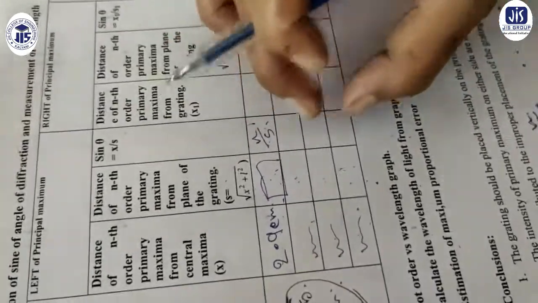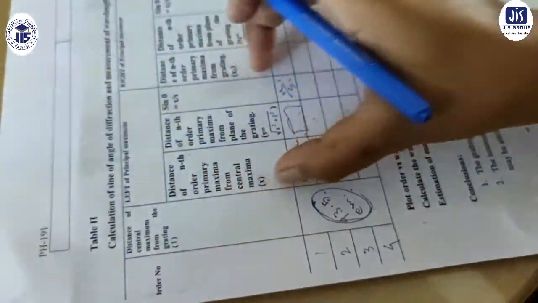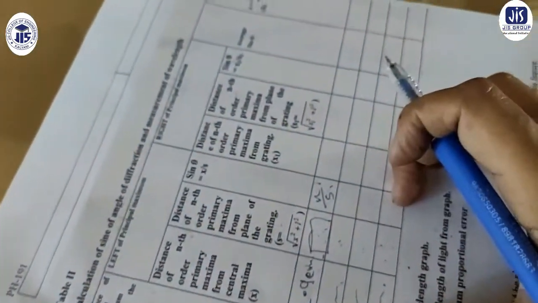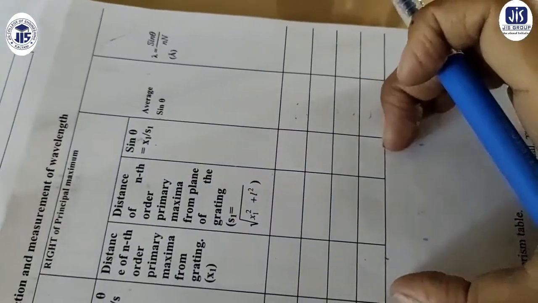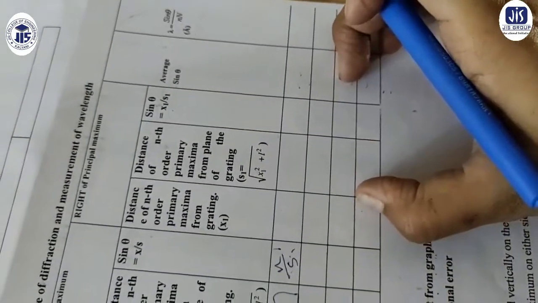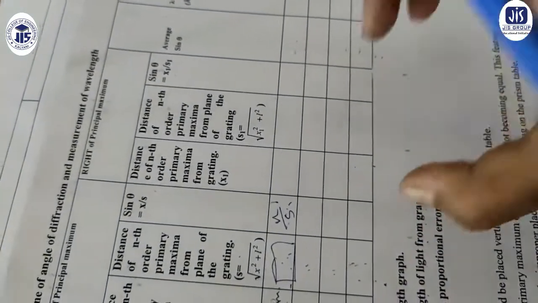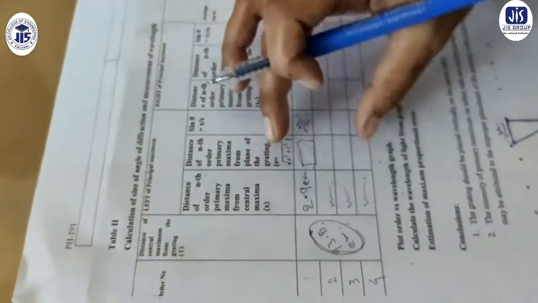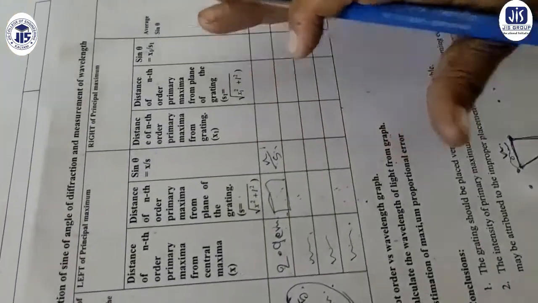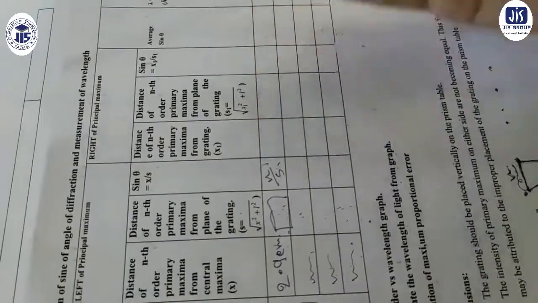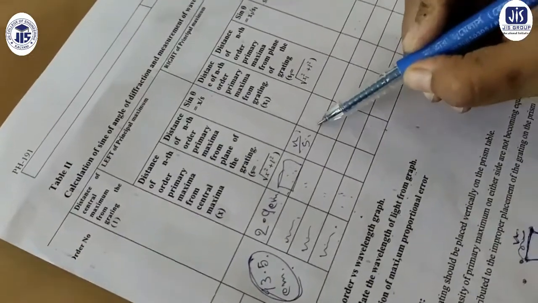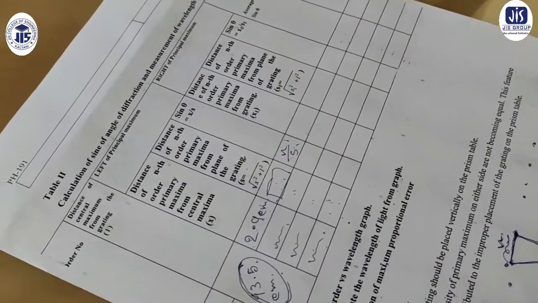and automatically you will have to calculate for these 3 also. Okay, what we have calculated or done on the left hand side, the same thing will be repeated on the right hand side. There is no change other than left and right. We have calculated for the left hand side. Now we have to calculate on the right hand side. But the process will be the same. Only we are changing the position.